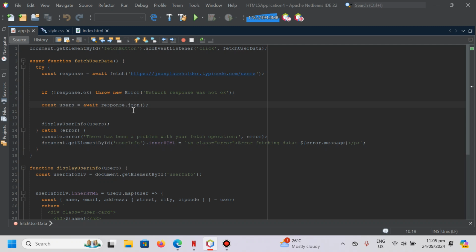And constant await response, just to request data from the URL. In case it's getting a response from the API, if the request is successful, we use JSON to convert the raw data we get from the server into a usable JavaScript object. In this case, it's the array of the users.